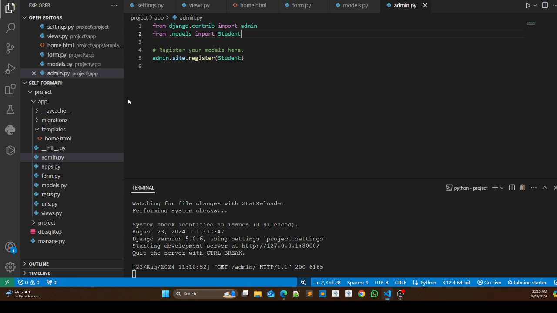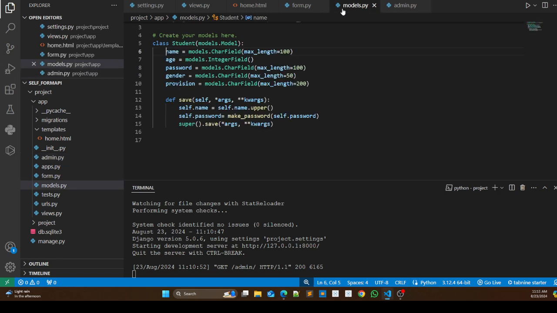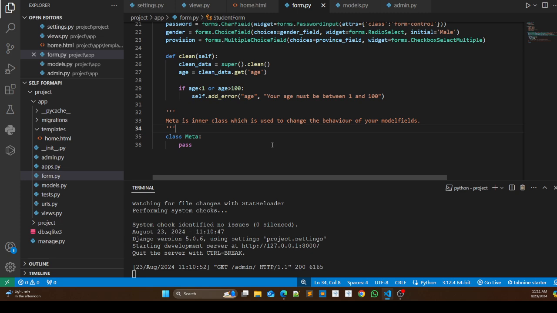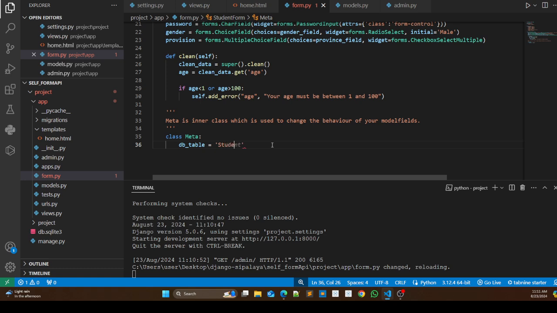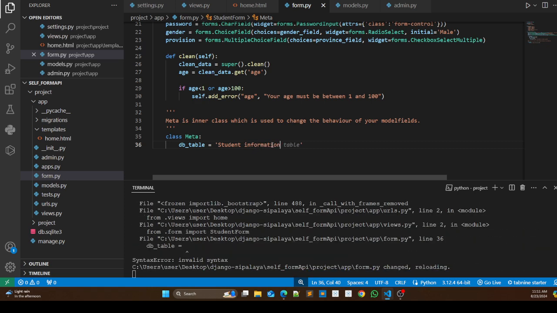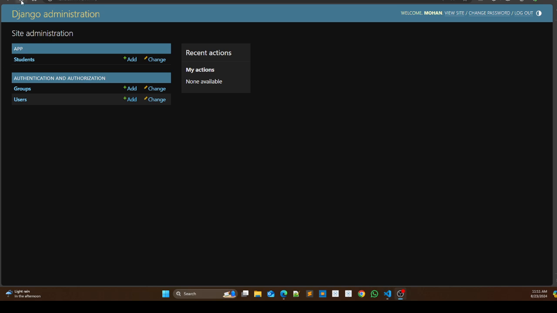Now if I want to change that student name to something else, we can do it by using class Meta. If I go to forms.py and provide here database table as student information, and then go back and refresh,